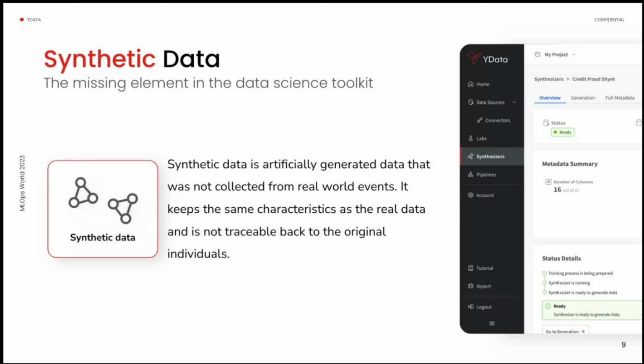And well, after I have mentioned synthetic data so many times, one of the questions that you might be asking yourselves is, what is synthetic data in the end? Synthetic data can be considered as any artificially generated data that is not collected from real world events. It keeps the same characteristics as the real data and is not traceable back to real individuals or real processes or real events. As stated by Gartner in their latest report, synthetic data is for sure the next big thing when it concerns AI initiatives, taking it to a new level.